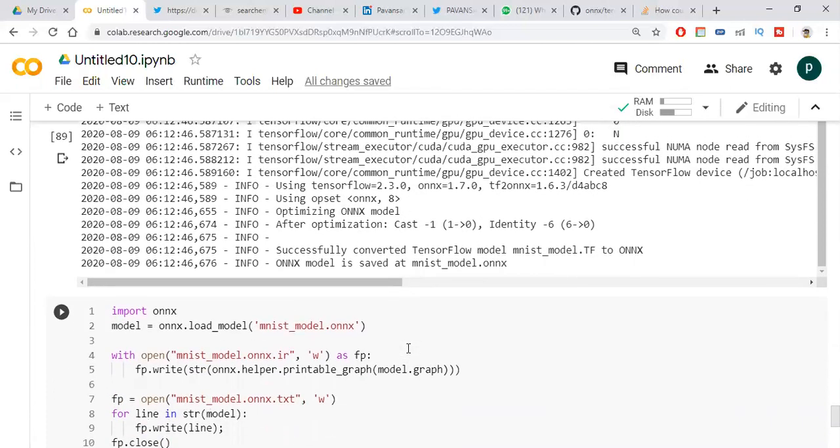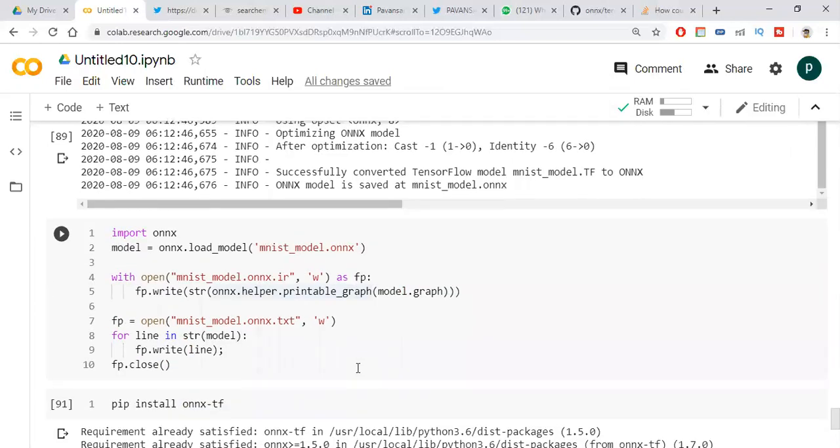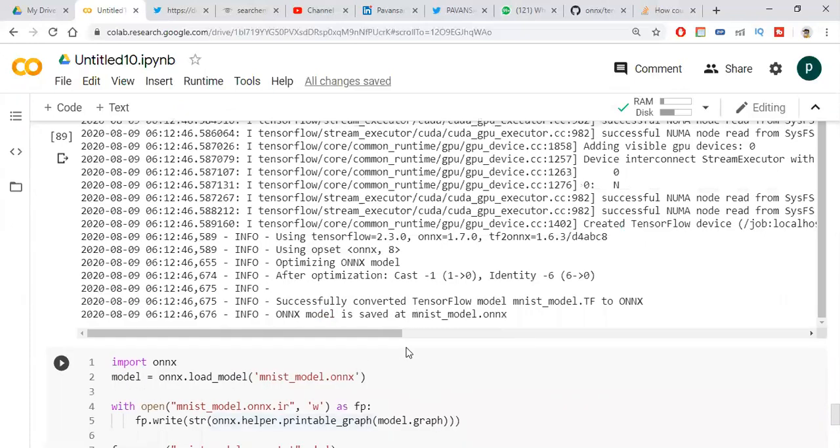If you want to load your model, you need to import onnx and use the method onnx.load_model. After that our model will be loaded, and this is the format. You need to take this mnist_model.onnx, and if you want to deploy your models onto NVIDIA Jetson or Google Coral, you need to connect those devices to your system and open their command prompt or IDE.